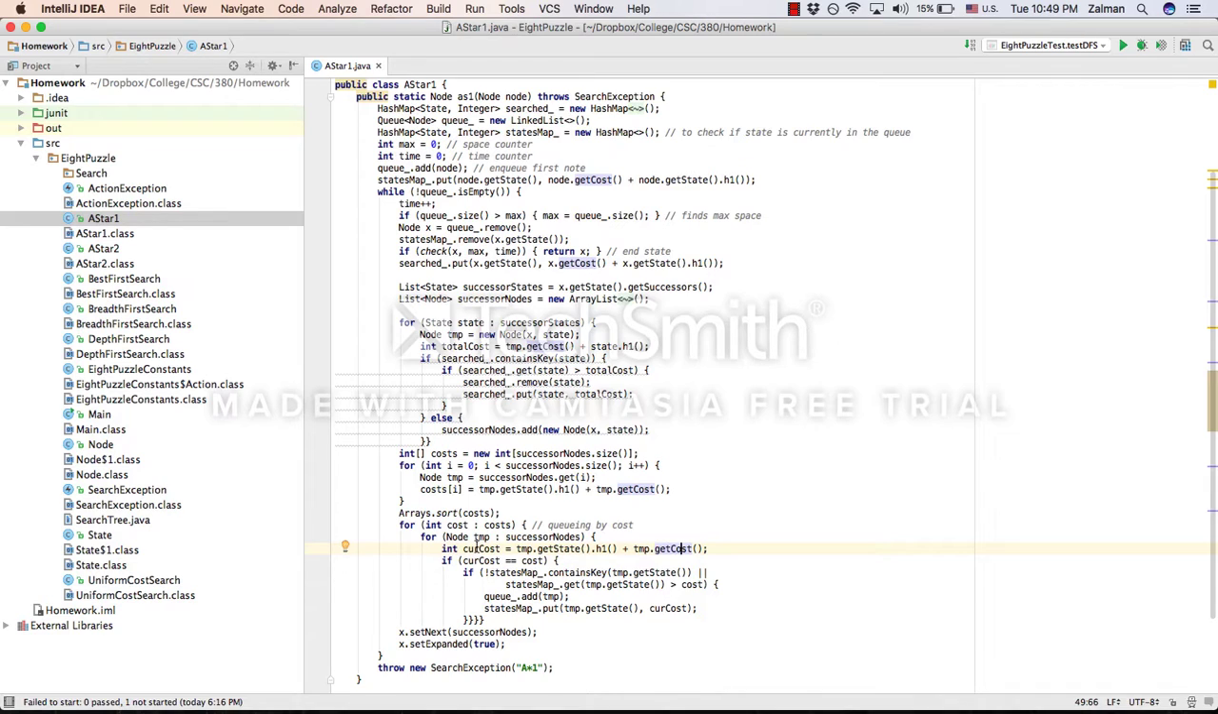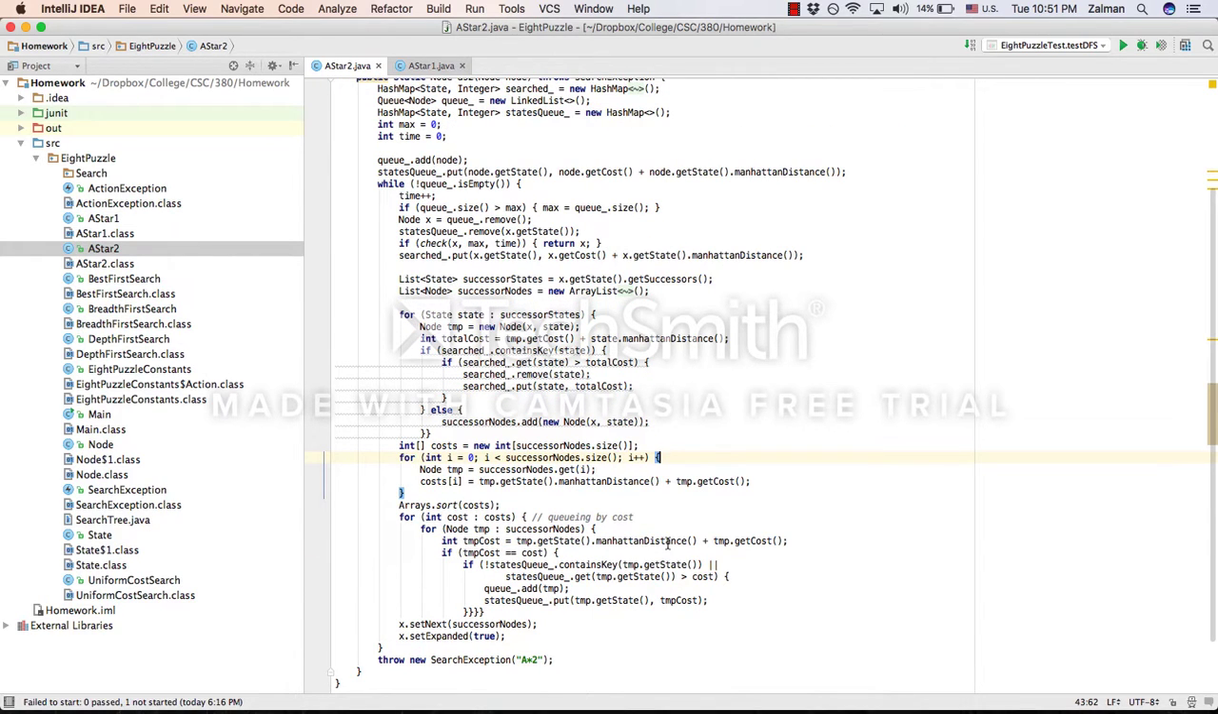If it has been searched, see if there's a better possibility, that the search we're looking at right now has a smaller cost associated with it, using the heuristic. Otherwise, similar to the algorithms that we'd previously looked at, organizing the newly created states, sorting them and adding them accordingly. A*2 is nearly identical to A*1 in how it tests for